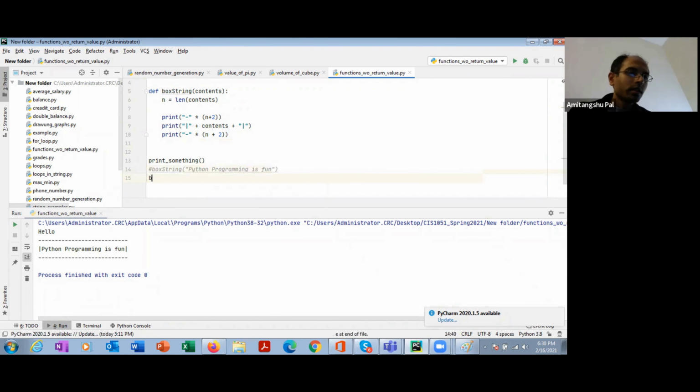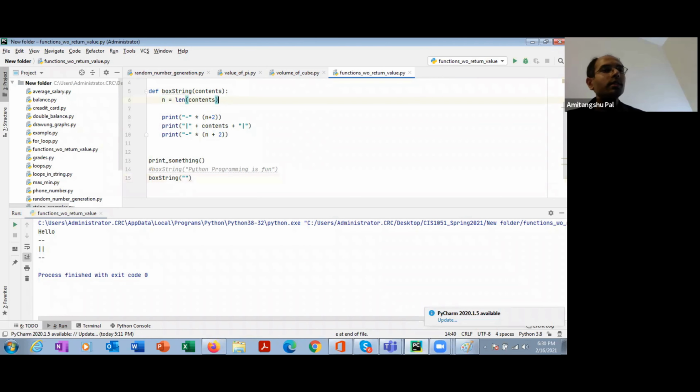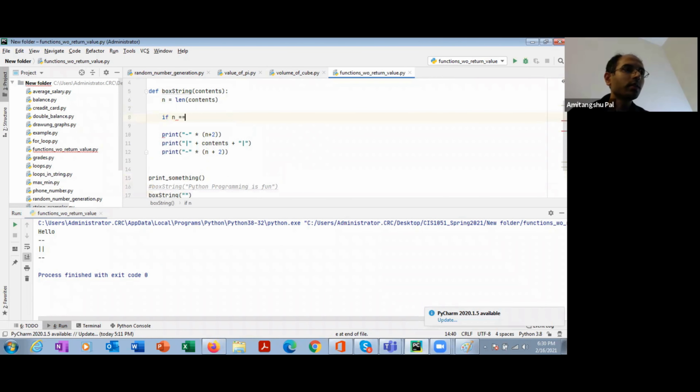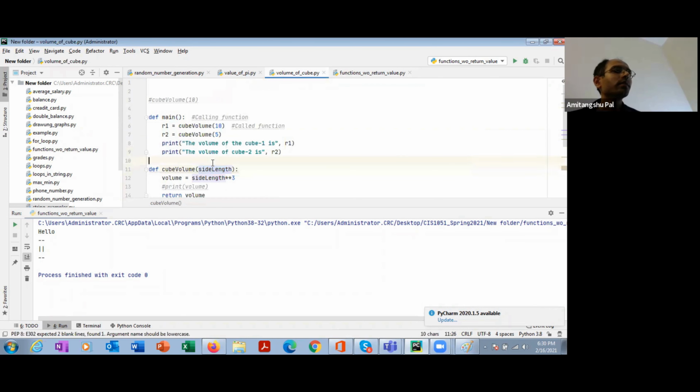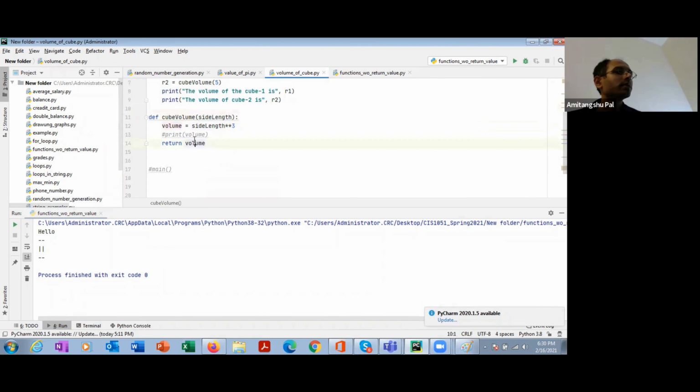What if I do not pass anything, or I pass an empty string? What will happen? Either you will get a box like this, otherwise you can put a condition that if n equal to 0, return. That means here you are returning nothing. You are basically returning from the function. Here you are returning the volume or something.